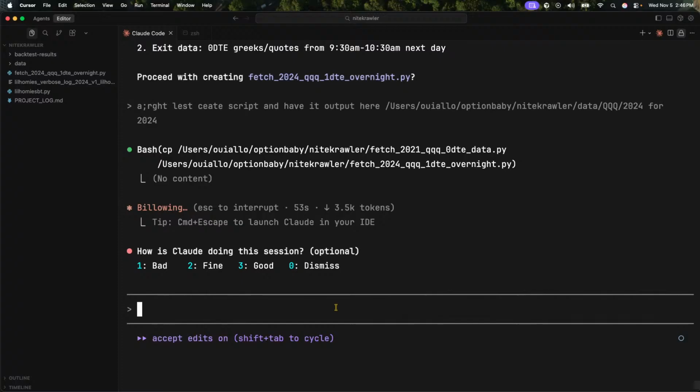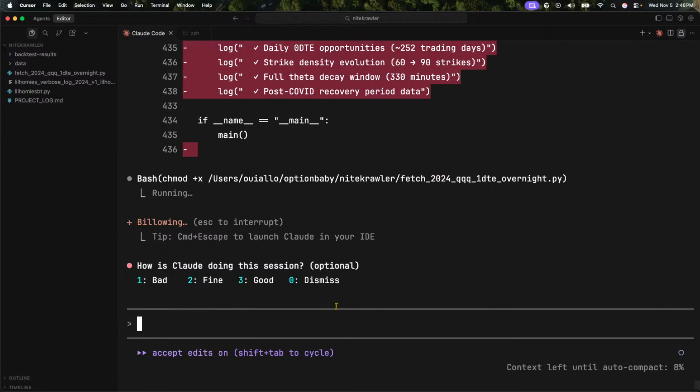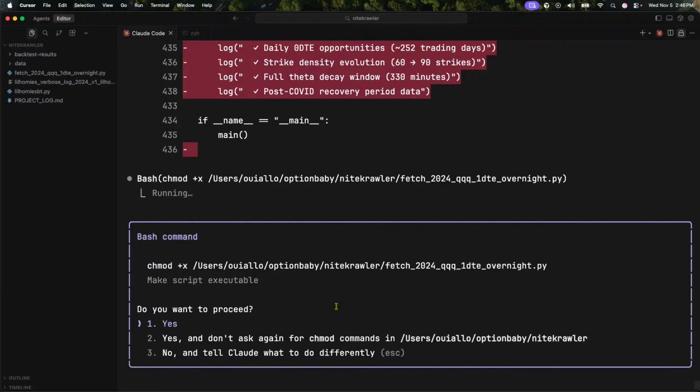Okay, let me go ahead and put the auto accept on. The reason I put the auto accept on is because otherwise it's going to pull up the window asking, do you want to accept? So I just put auto accept on so it can accept, because I know what it's doing. I only put the auto accept on when I know what it's doing. We've already gone through everything. We tested all the